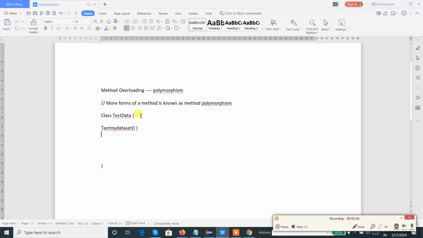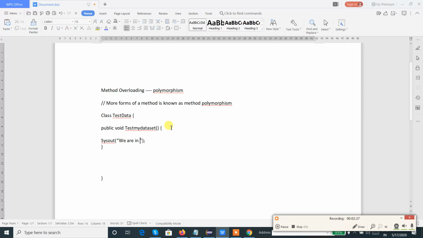This method, I'll just keep it as public void, a no return type method, and inside the method let me keep the method definition as sysout. As it is a pseudocode, I am using a shortcut.